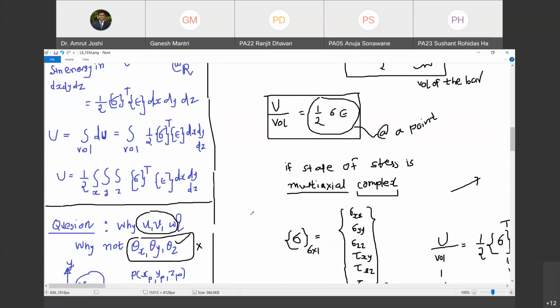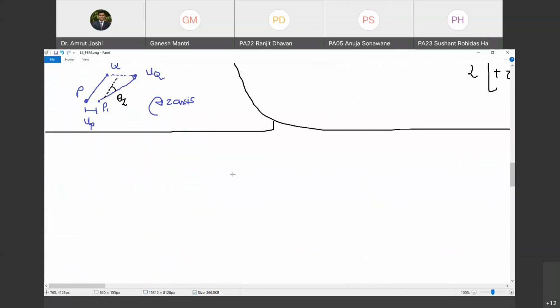Okay. Now let us go to the last point of today's session. We are going to write down this in terms of U, V, and W. Why? Because if those are the primary unknowns, I should be casting the equations in terms of U, V, W, not in terms of stress and strain. So now see what treatment we give it. We are going to convert this strain energy in terms of displacement fields, that is U, V, and W.